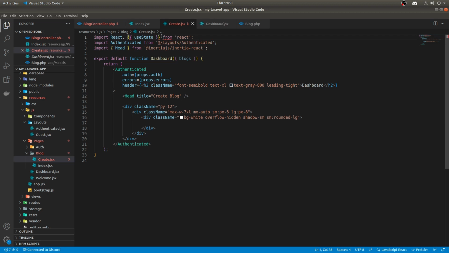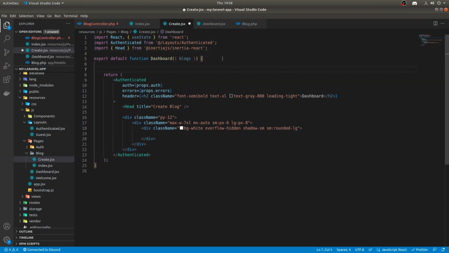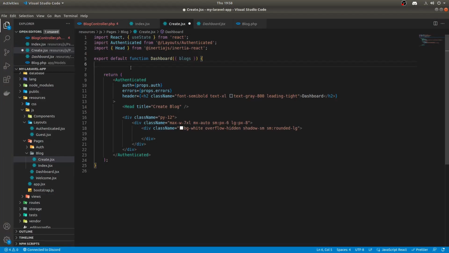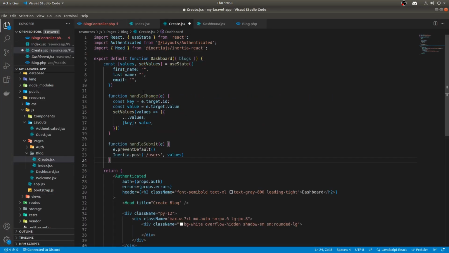So useState from React. I accidentally put in two sets of curly braces. If we look at how they've done it, it's quite a nice way of doing it. You've got values and set values, and then it'll handle change and pass in the values, but then it'll update the value that you've changed. This is a really nice way of doing things. We could probably get all of this, so we'll copy and paste that. So yeah, what this is doing, and we can change this to title,